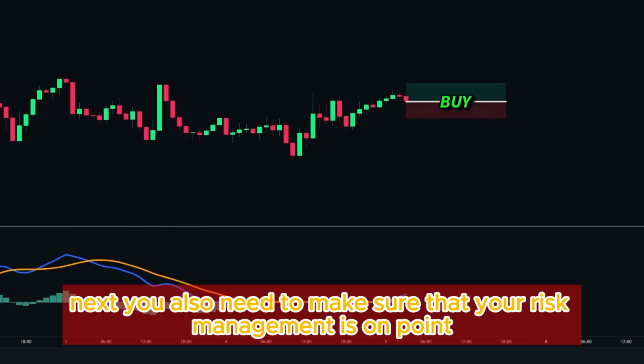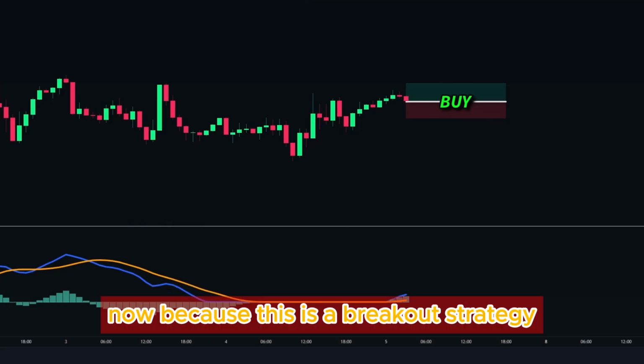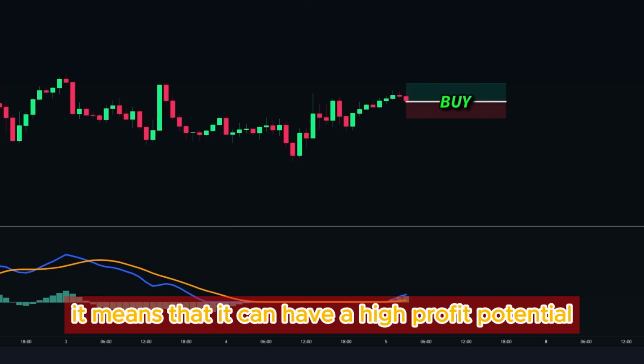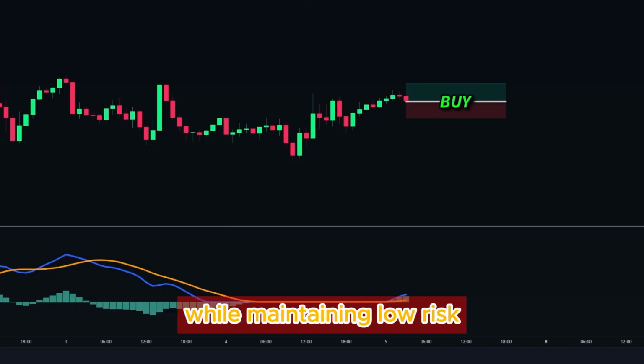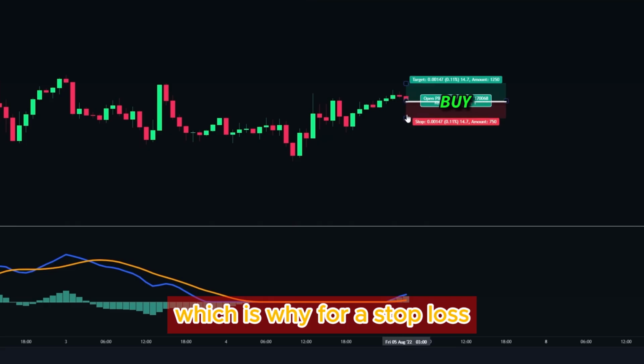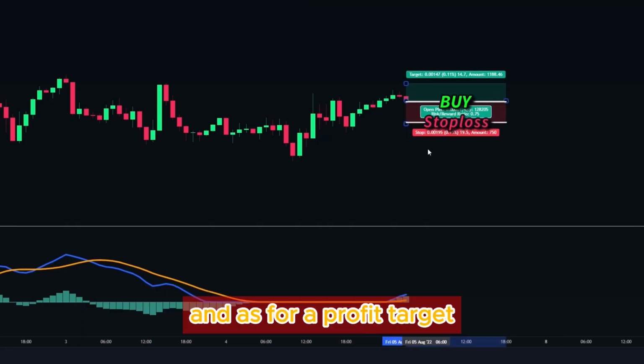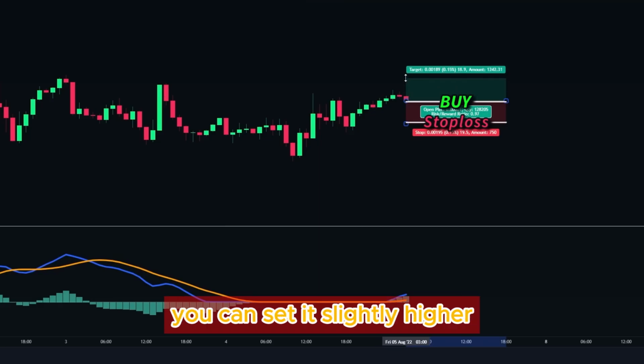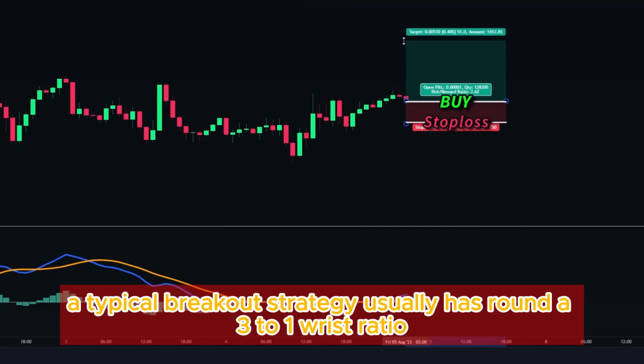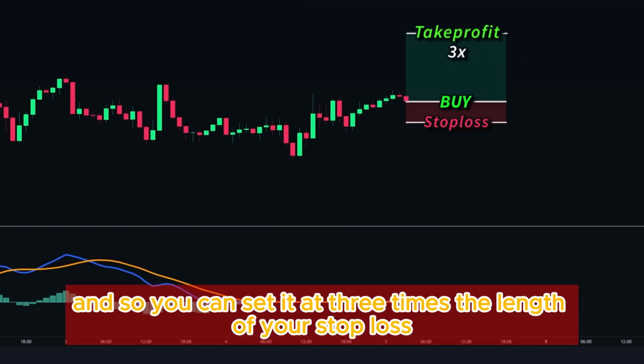Next, you also need to make sure that your risk management is on point. Now, because this is a breakout strategy, it means that it can have a high profit potential while maintaining low risk, which is why for a stop loss, you can set it just slightly below your entry position right here. And as for a profit target, you can set it slightly higher. A typical breakout strategy usually has around a 3-to-1 risk ratio, and so you can set it at 3 times the length of your stop loss. And as you can see,